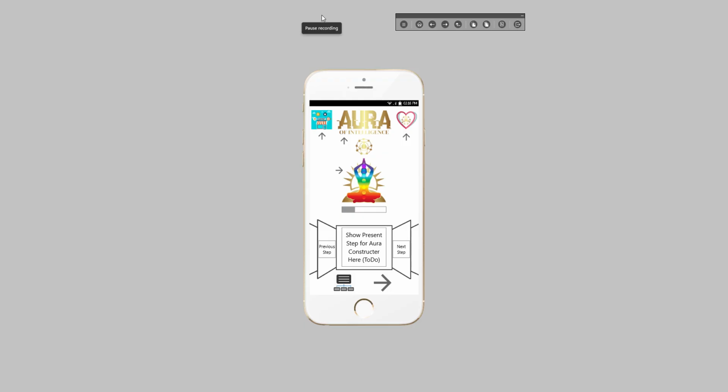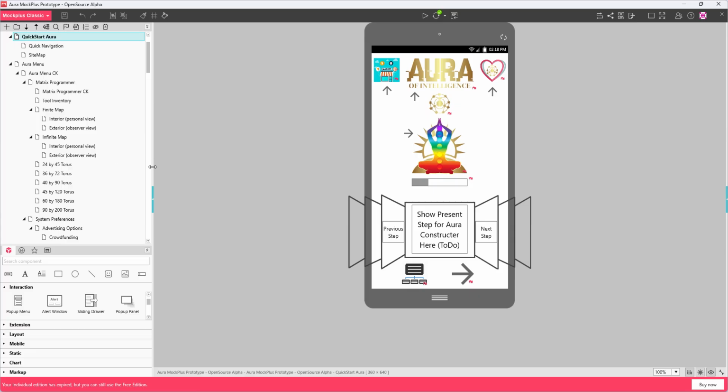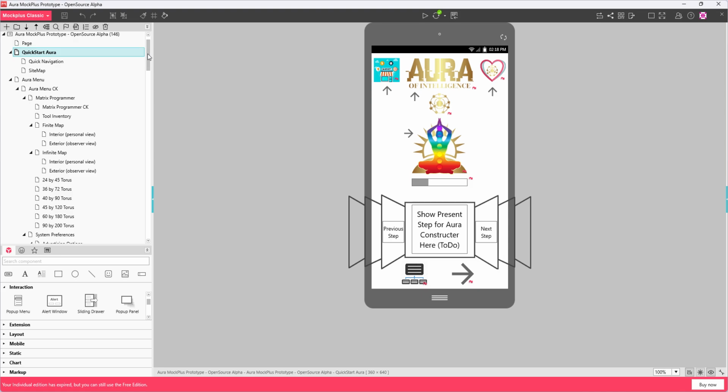So that's essentially the 2019 wireframe of this.